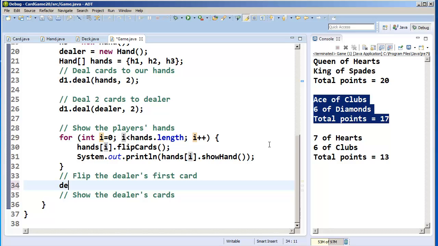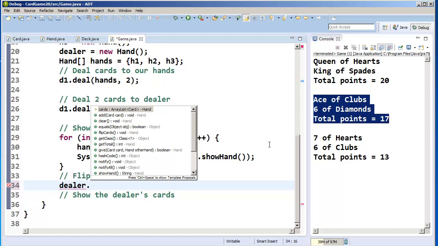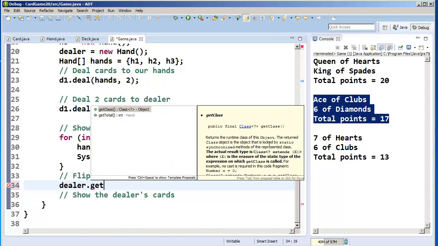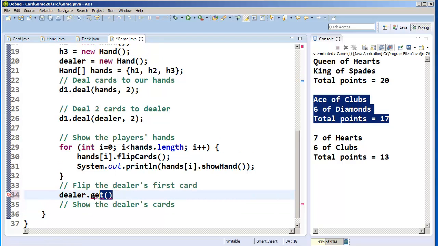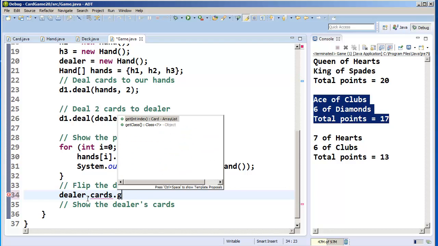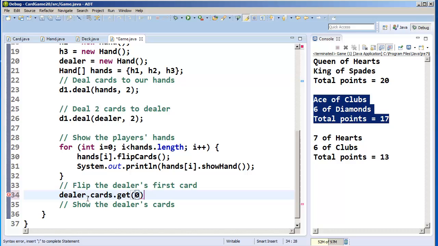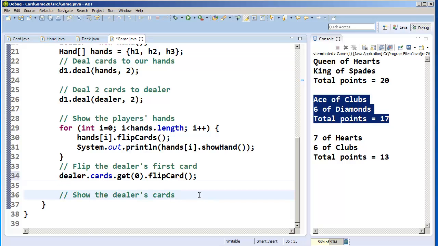So we're going to put dealer. And this time, we're going to take the first card, dot. Do we create our dealer's hand? Get. No. Oh, I know what I did wrong. Dealer.cards get 0 dot flip card, flip the first card, and now finally System dot out dot print